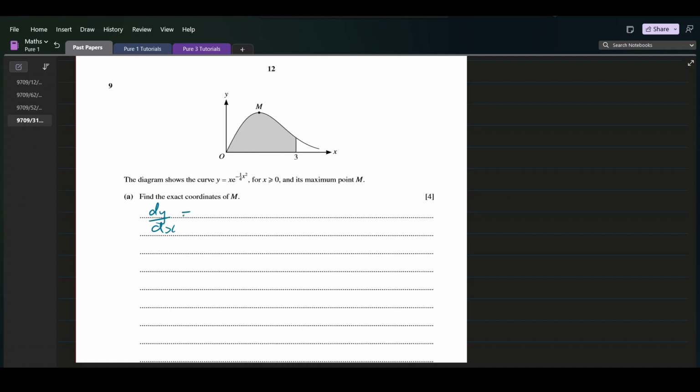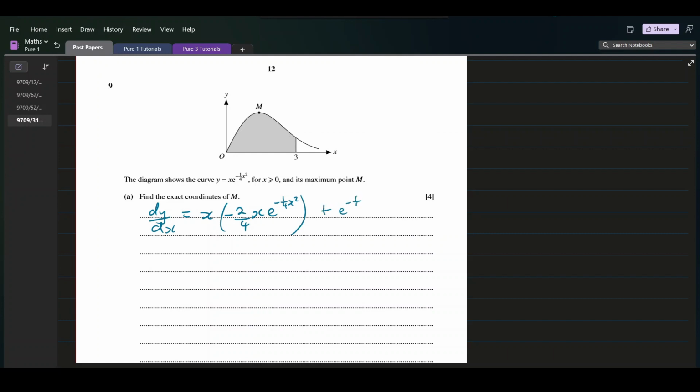So we're going to use the product rule. So this becomes x times, let's differentiate e to the power negative 1 over 4 x squared. So that becomes negative 2 over 4, and this is x e to the power negative 1 over 4 x to the power 2 plus,